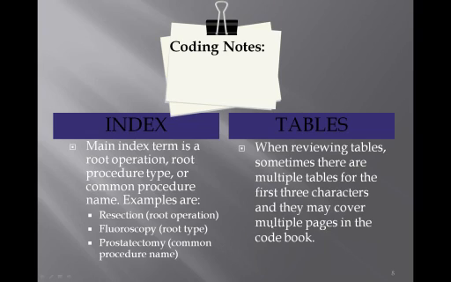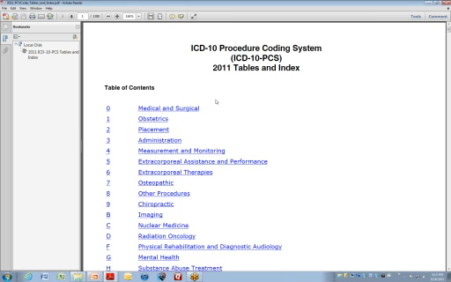And be aware that when reviewing those tables, there are multiple tables for the first three characters. And it could also cover multiple pages in the code book. So you have to be a little careful when you look those up to make sure that you are picking up the appropriate one. Going back to that table in the code book, let's scroll down to the bottom of